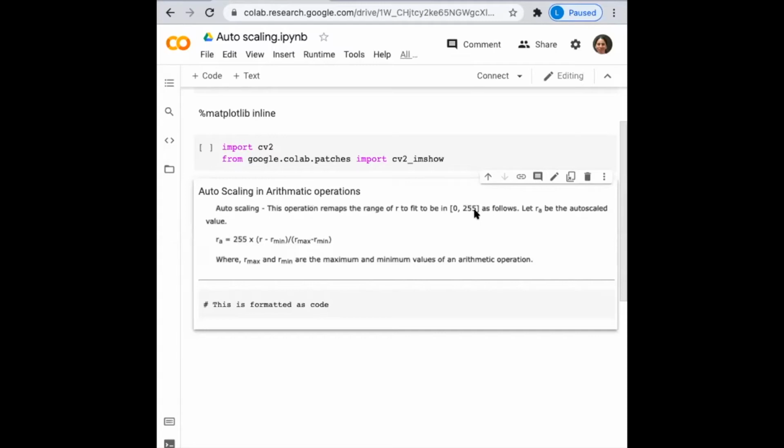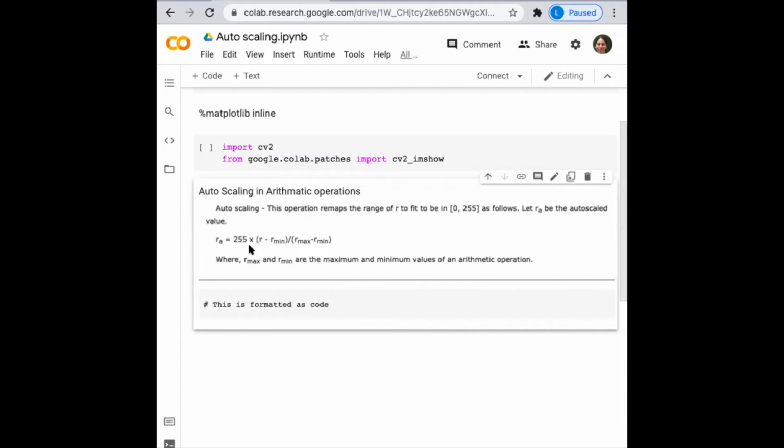It is very much visible using this equation only. Let's say my R max is, as I took the example, 2550. Then I want to rescale that 2550 to 255. So we want to ensure that the maximum value should become 1 on this side, whatever is the multiple of 255. So if I take whatever is R max for my matrix, R max minus R minimum divided by R max minus R minimum, this factor will become 1. And whenever my R value is less than R maximum, this fraction will always be less than 1 and our value will be less than 1.